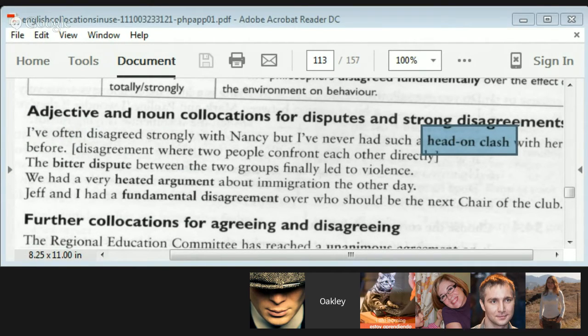Not really related to agreeing and disagreeing, but slightly related because of the word head-on. No? Nobody knows that one? Argue between two people, like... It can be a physical thing, or it can be used abstractly, just like head-on clash, to mean an argument between two people. However, a head-on collision is also when you're driving your car and the front of your car hits the front of another car. You're both moving forward and you run into each other. Probably the worst sort of accident. That's a head-on collision.